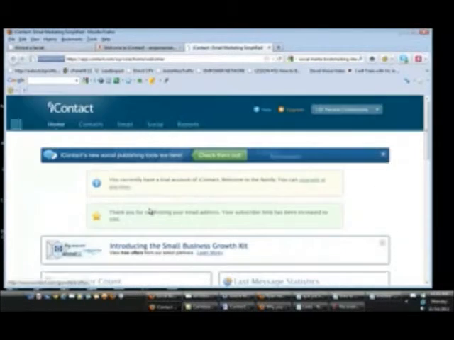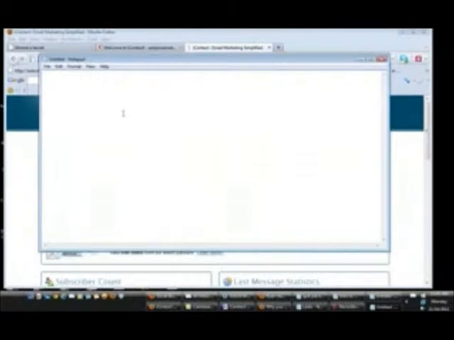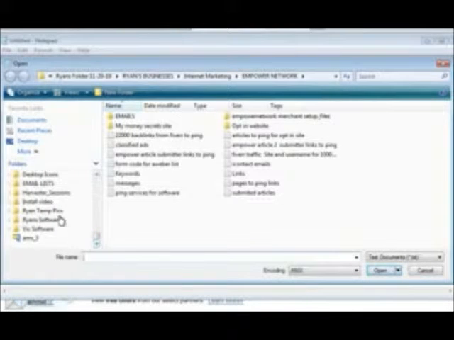Okay, so now that we're in here, now what we're going to do is, if you want to hit the people that you have on your contact list, you need to go in to wherever you have your contact list and you need to copy all of those emails and put them into a notepad right here. Paste them into a notepad so you have them here. For instance, I just happen to have an email list, so I'm just gonna,